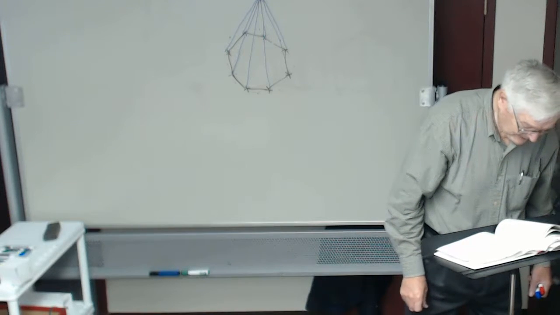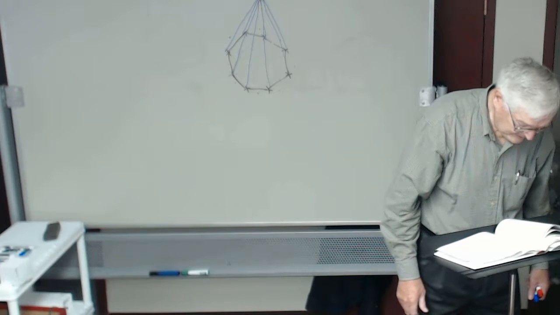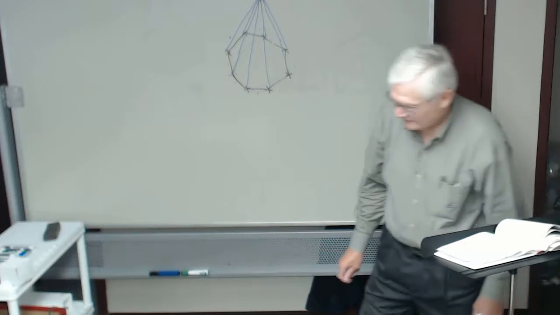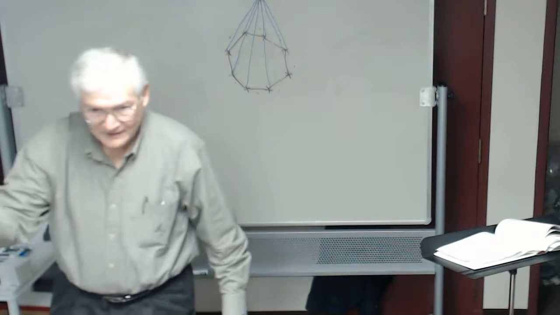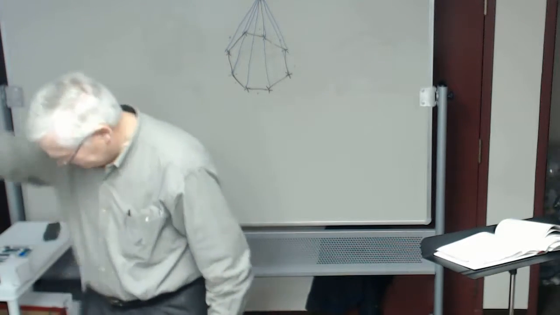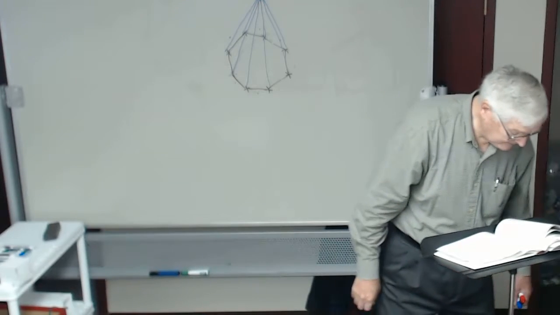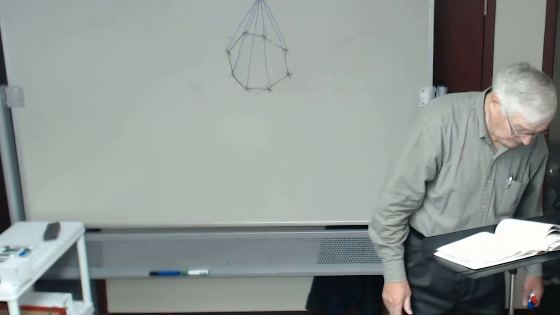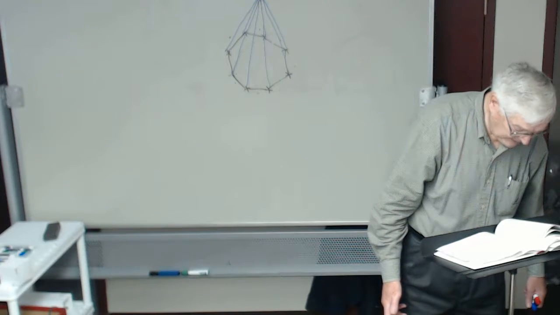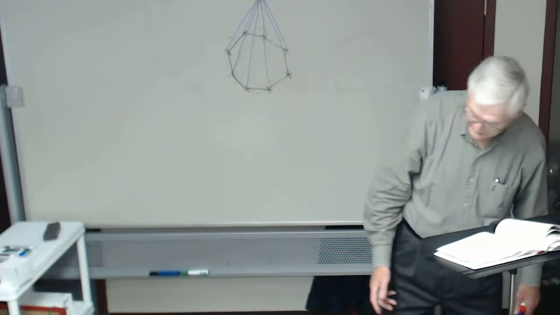Okay, number 10. A pyramid has a rectangular base. That would be one of these. See that rectangular base pyramid? Hold it back here where the camera can pick it up. And what does it say about it? Suppose the edges of the base and the height of the pyramid are all doubled. What happens to the volume? Okay, what's the formula